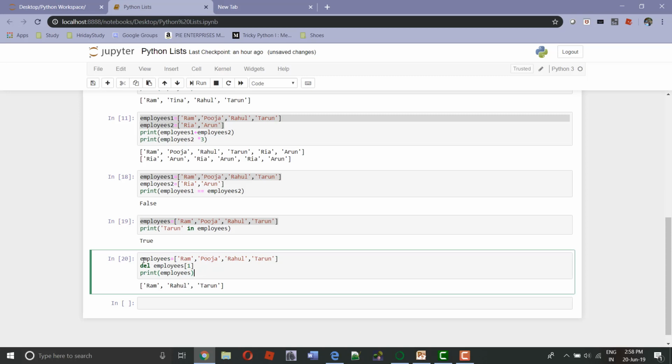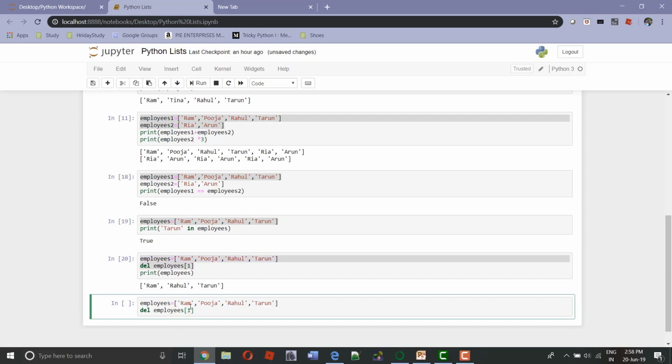Similarly, if you want, you can specify the range here. Suppose I want to delete the elements from index 1 to index 3. So I can give 1:4 over here, because the end index is exclusive, it will remove the elements at index 1, 2 and 3.